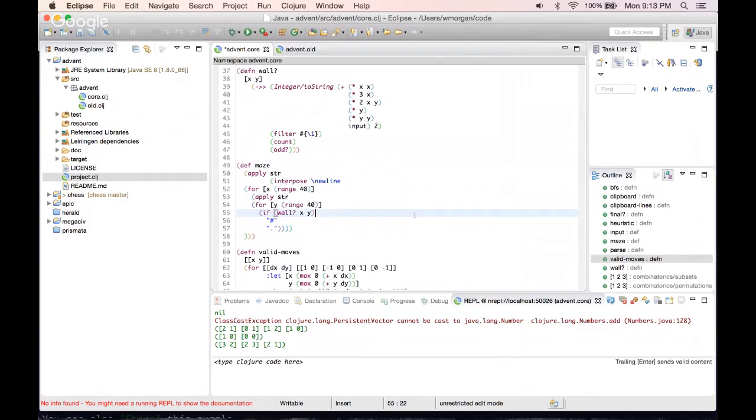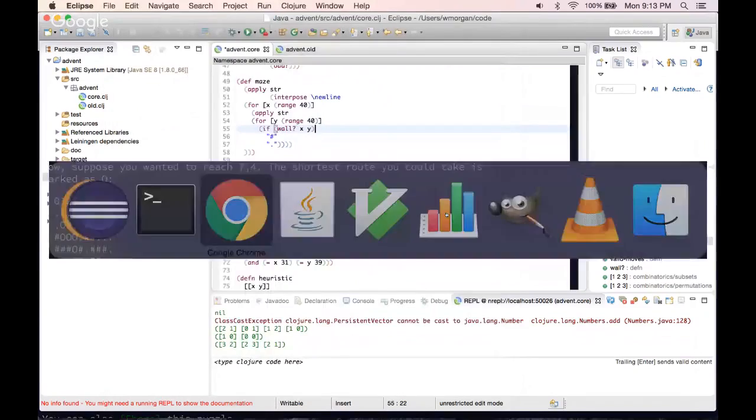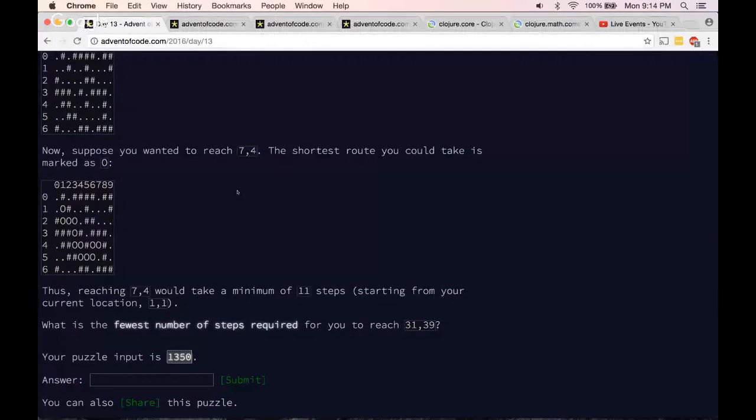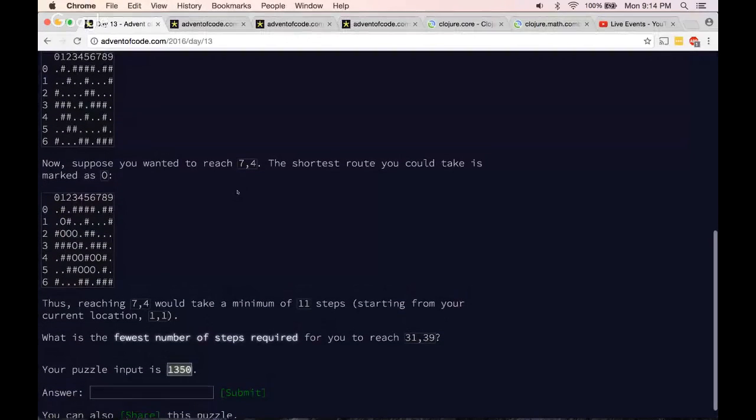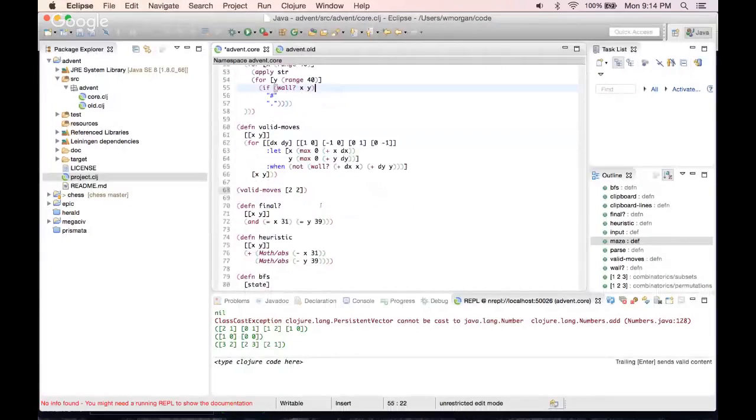It looks like while XY, review the problem. Valid moves to,